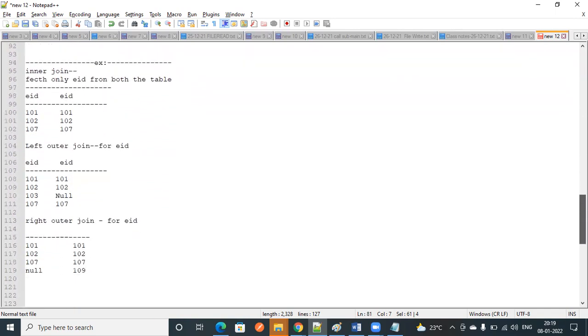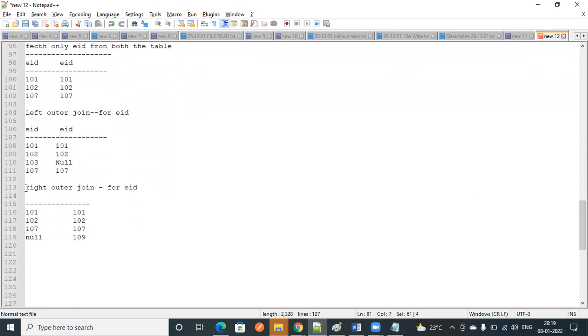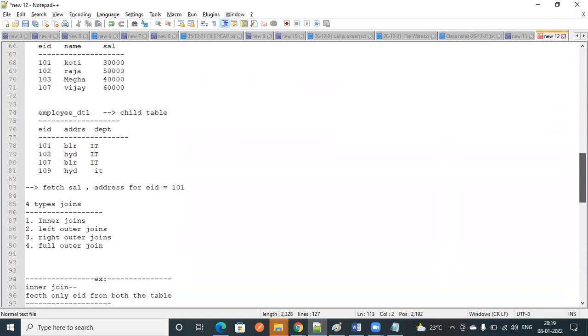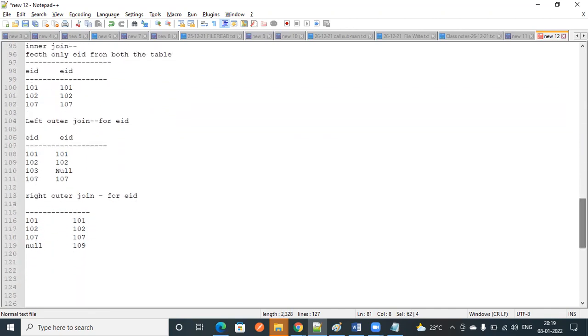Okay. Then right outer. It's like the vice versa of left outer. It will display all the values from the right side: 101, 102, 107, 109. First, it will display all the values.